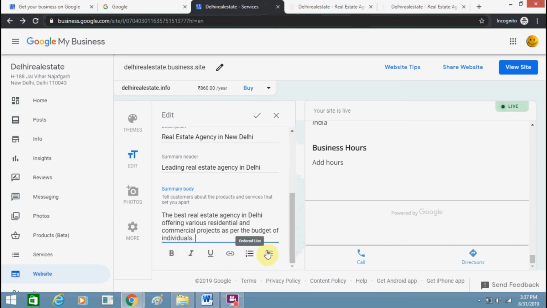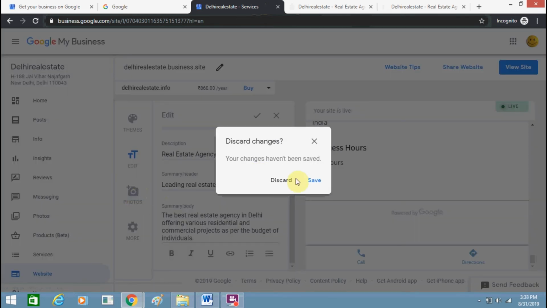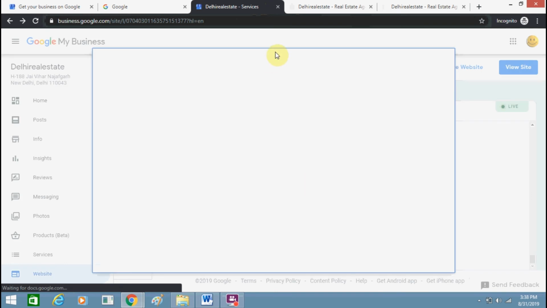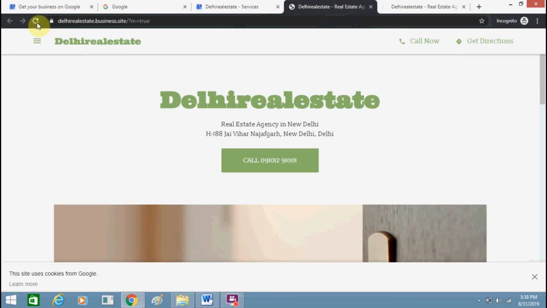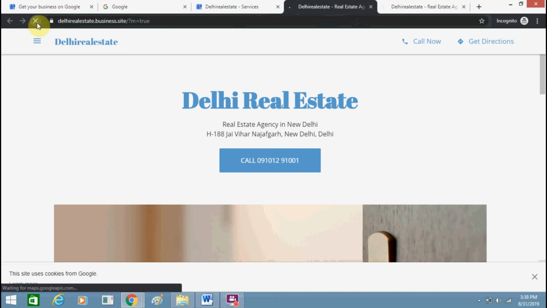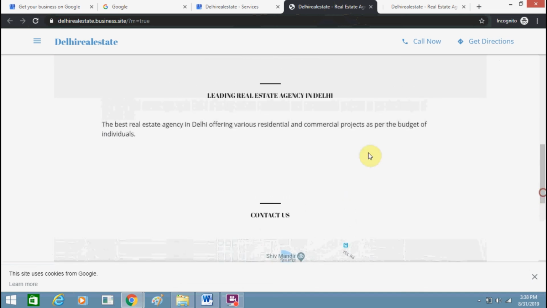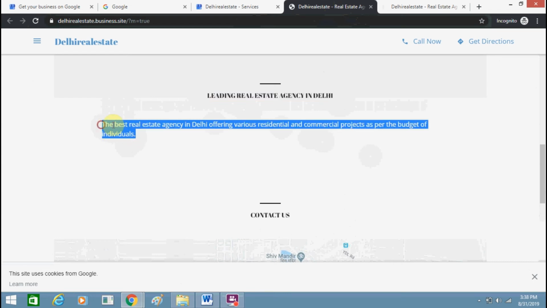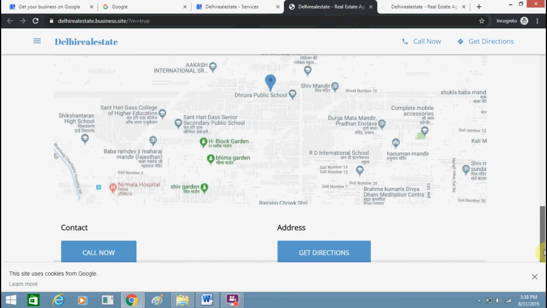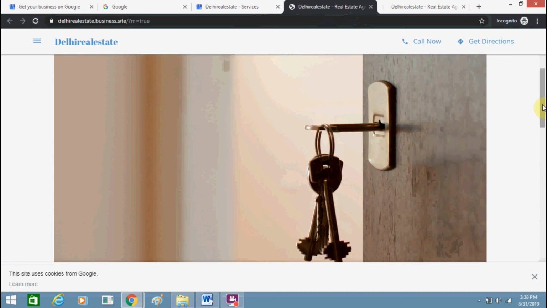You can see bold, underline, italic, all options are there. You can change the photo as well from this option. You can use any photo of your business or yourself, any one you want. You can change it. You can see the description changed and the content also changed in the title, so it's very convenient to change. And I would suggest you add the correct address and correct phone number so that your customers are easily able to reach you.